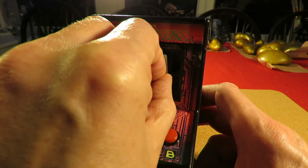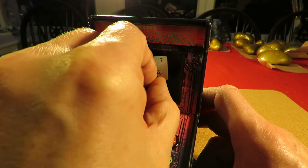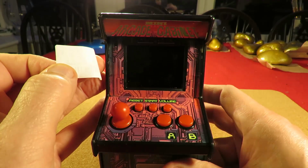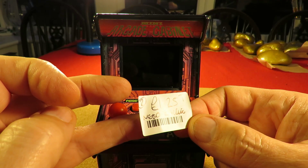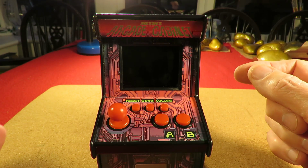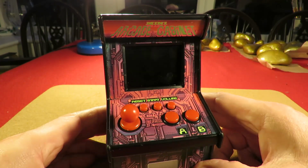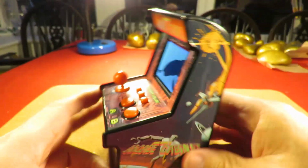I don't know if it's going to be one of those ones that comes off or not. Luckily it's not one of those ones that don't stick too much. Yeah, straight across the front of the screen, the only bit that's really important. £1.25, needs batteries. I think that was in the pets charity shop, PDSA in Yate. Okay, so I've put fresh batteries in it, switch it on,